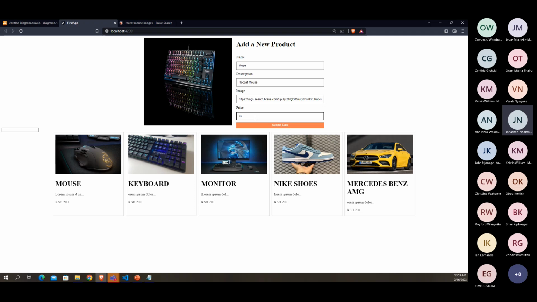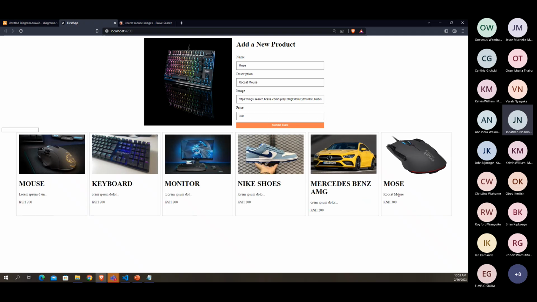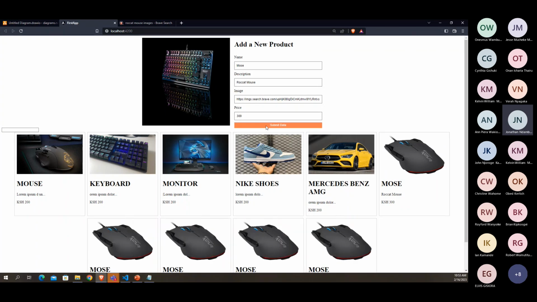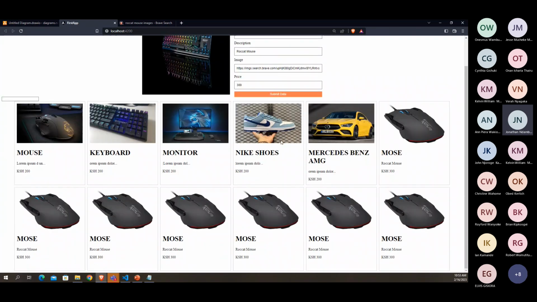The price of 300. Submit. So we see, yeah, I mistyped that. We see the mouse being added and more mouses can be added right now. So these two are now having the same instances. So we don't overwrite the instance that we had by